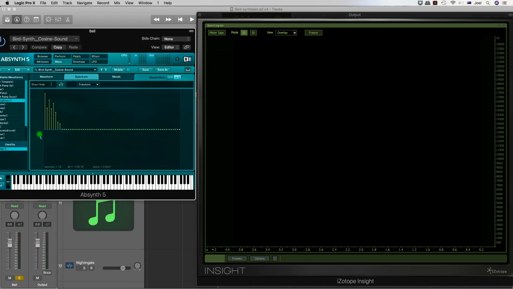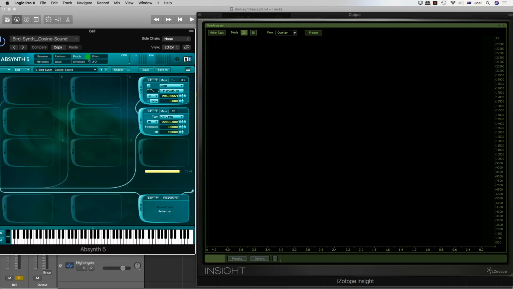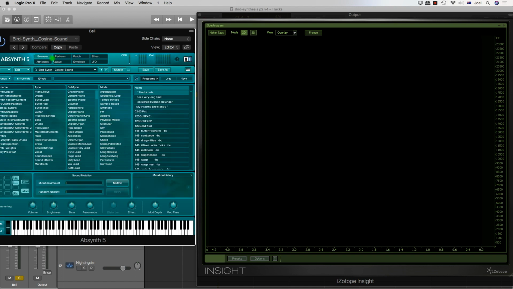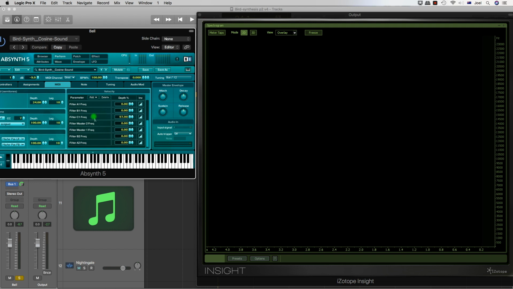It's pretty much a static sound. There's no pitch variation. However, I did just muffle the sound slightly with the velocity. So if we look at the velocity